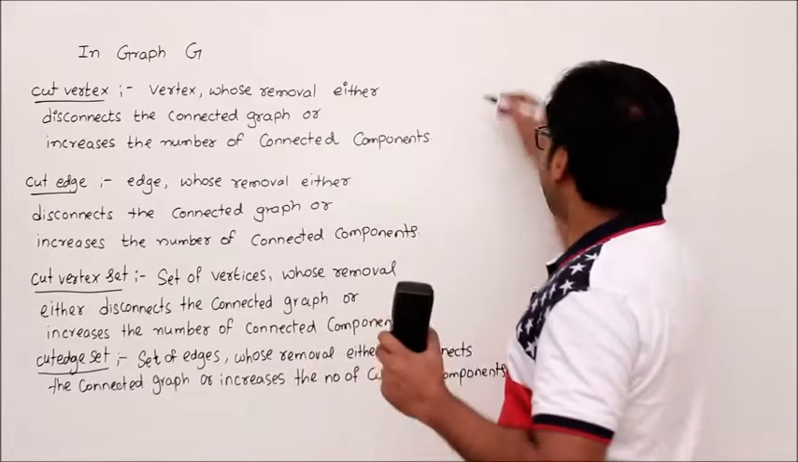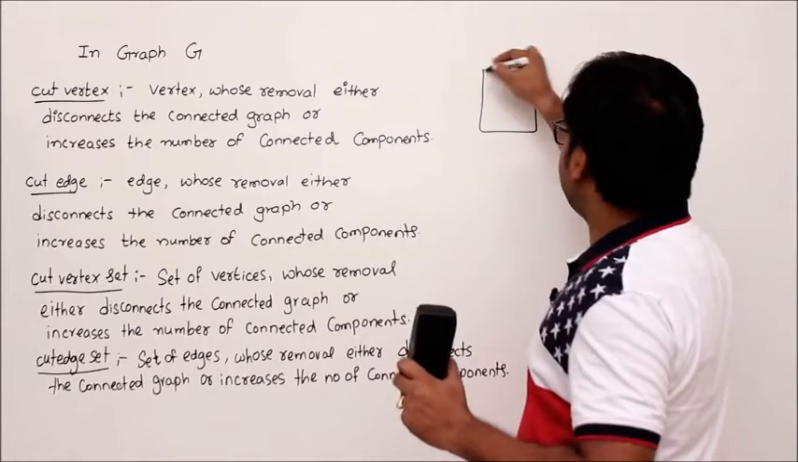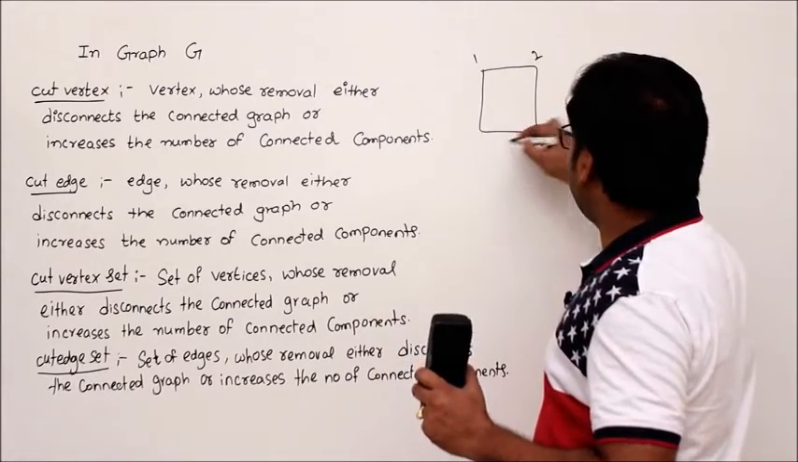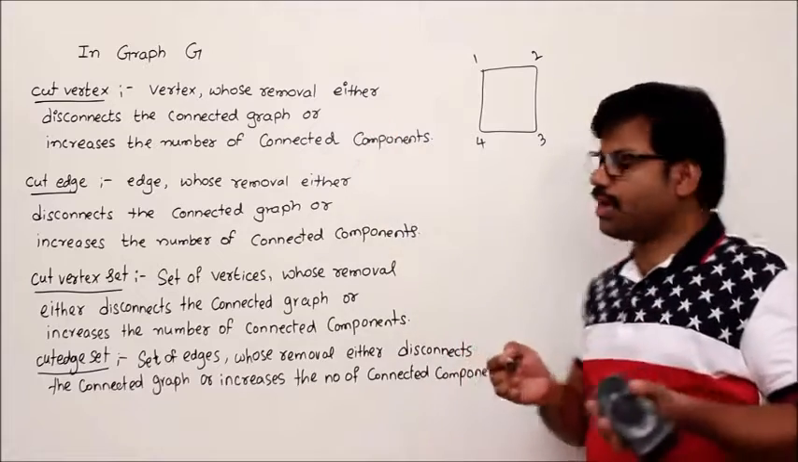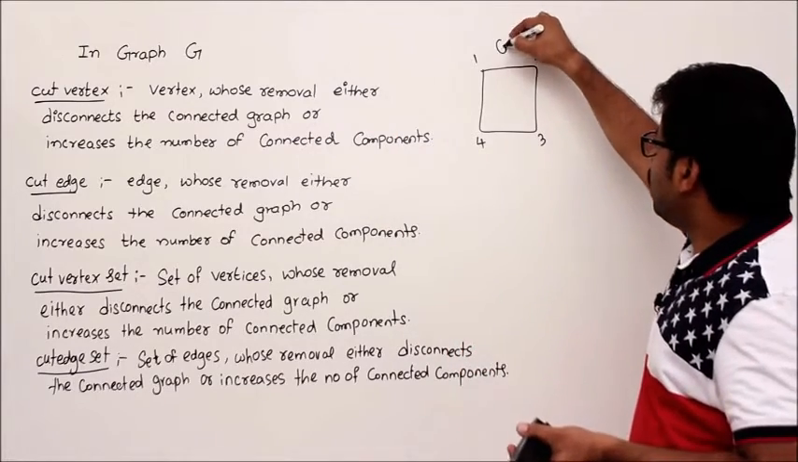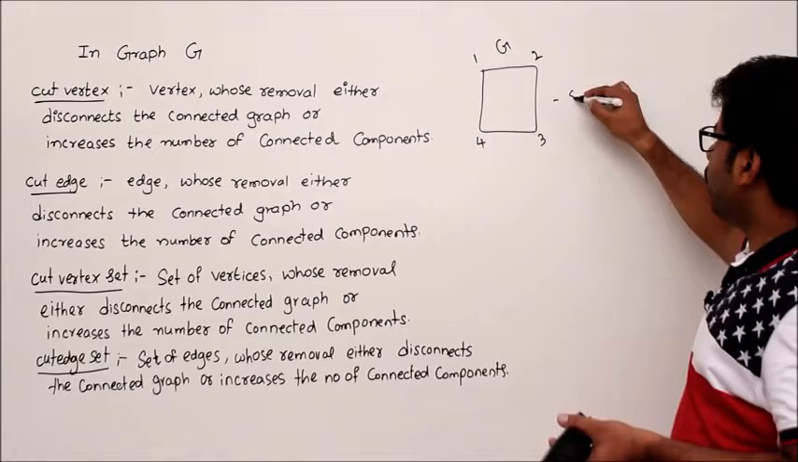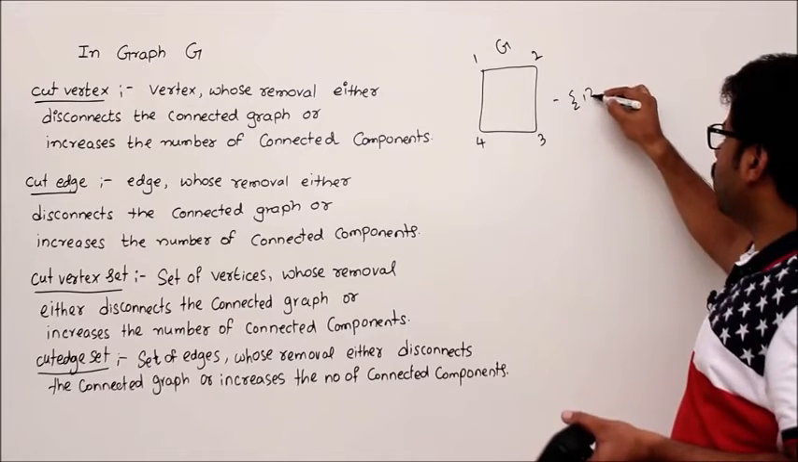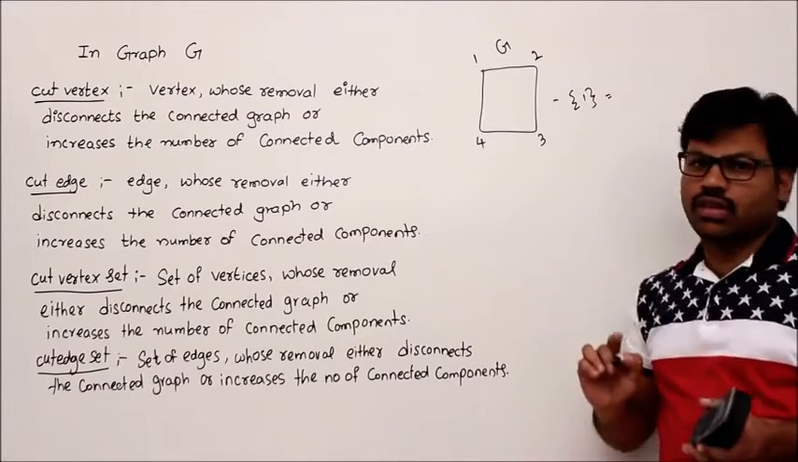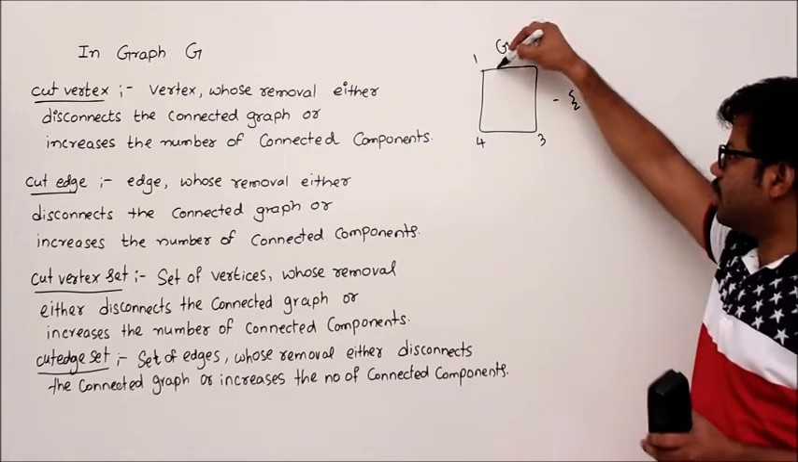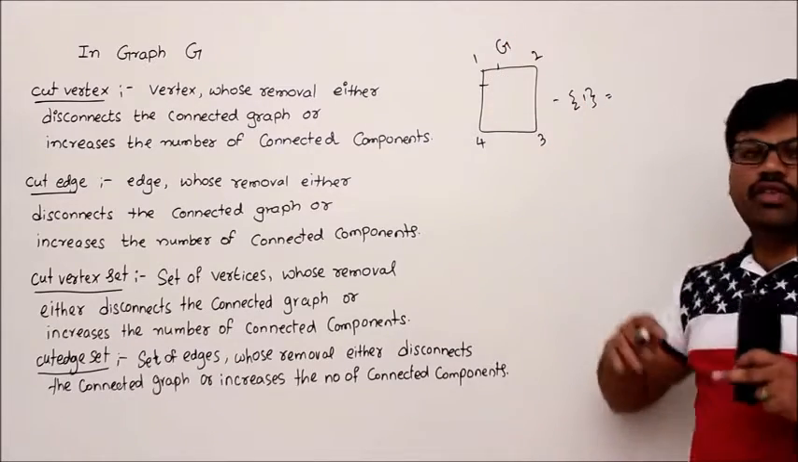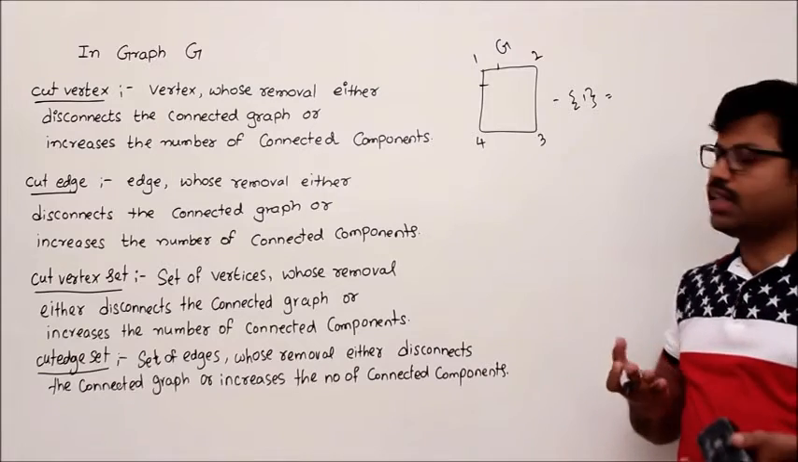We'll see one example. I have a graph like this: 1, 2, 3, 4. First I'll explain what the removal of a vertex is. So this is your graph G, and removal of a vertex is an operation. For example, if I remove vertex 1, what should I do? When you remove vertex 1, remove it and all its corresponding edges, that means this one and this one. Then whatever resultant graph you get is called